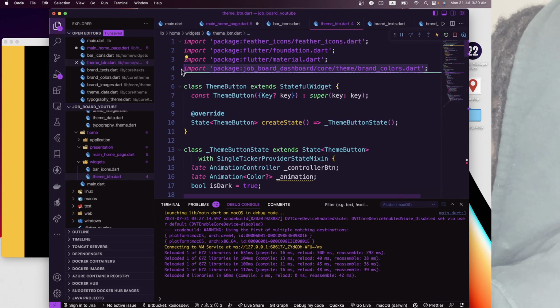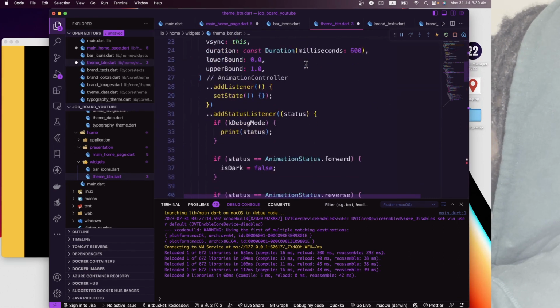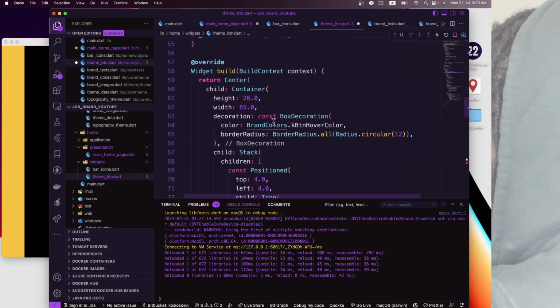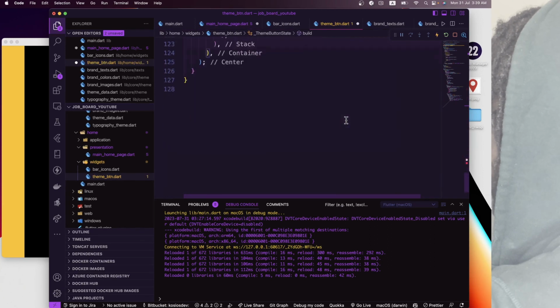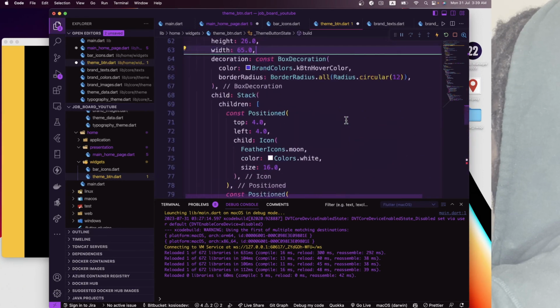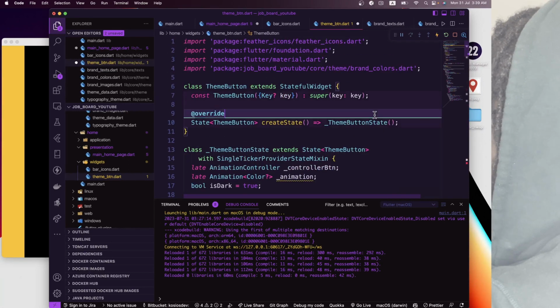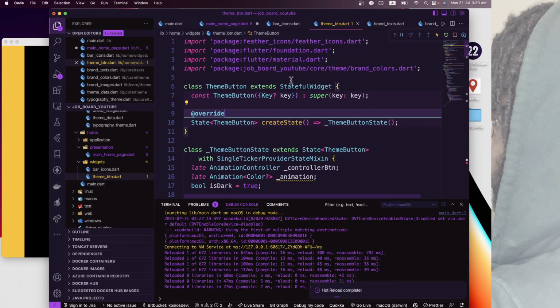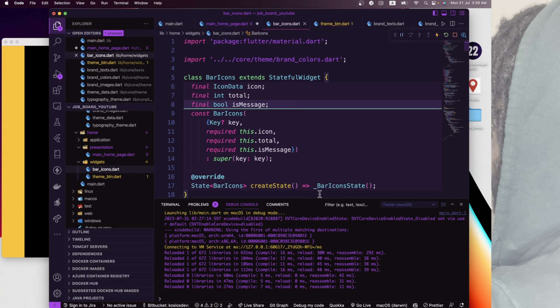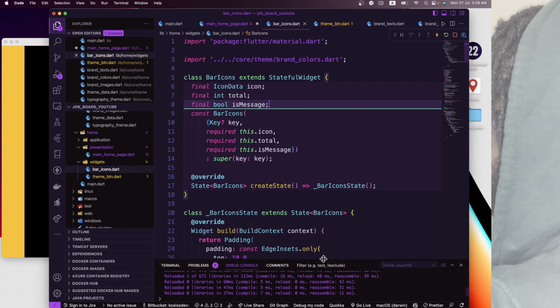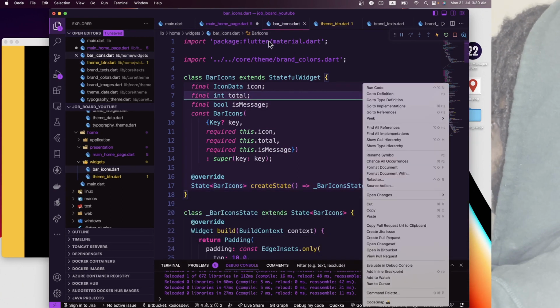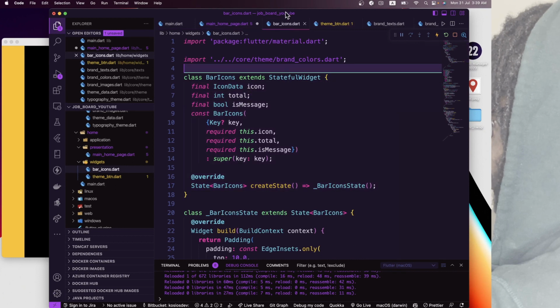I think we imported something we don't need. Okay, let's go ahead and import the colors. We created the custom colors. There you go. Go ahead and save this. And let me explain the code for you guys. We should just put it in action, then we can actually start explaining them